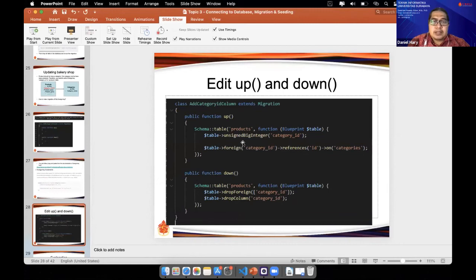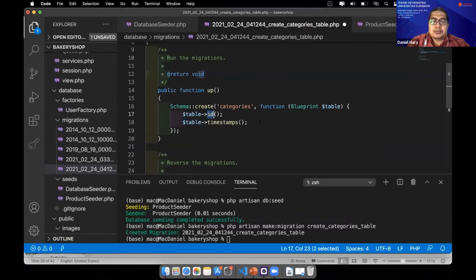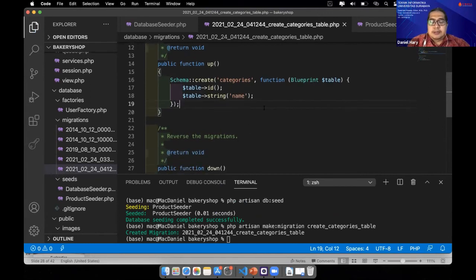So I think it is okay, but we will have to pay some attention in the settings next. Okay, then put the category name here, string name. I think it is enough. Okay, save it. We will not migrate it first. We will migrate it together with the relation.